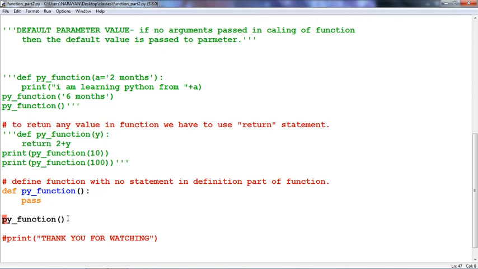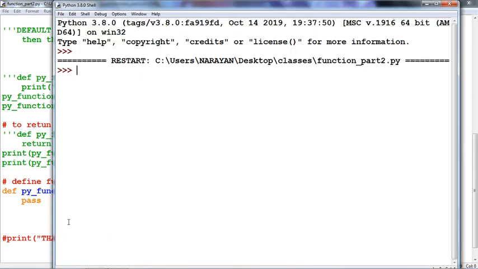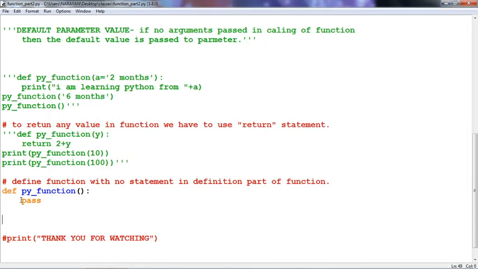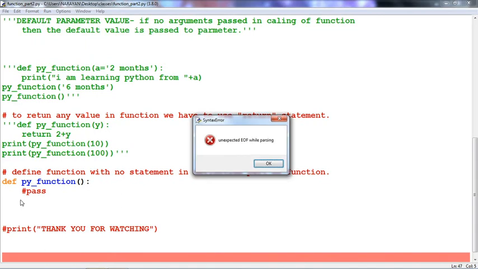Now run this program. The function is okay, there is no error in your function. If we are not using this statement, then there is an error: unexpected end of file while parsing.